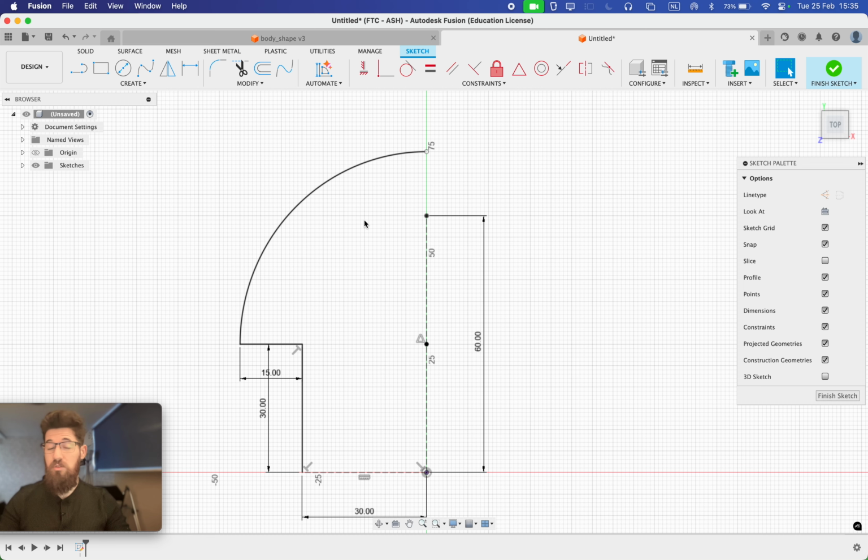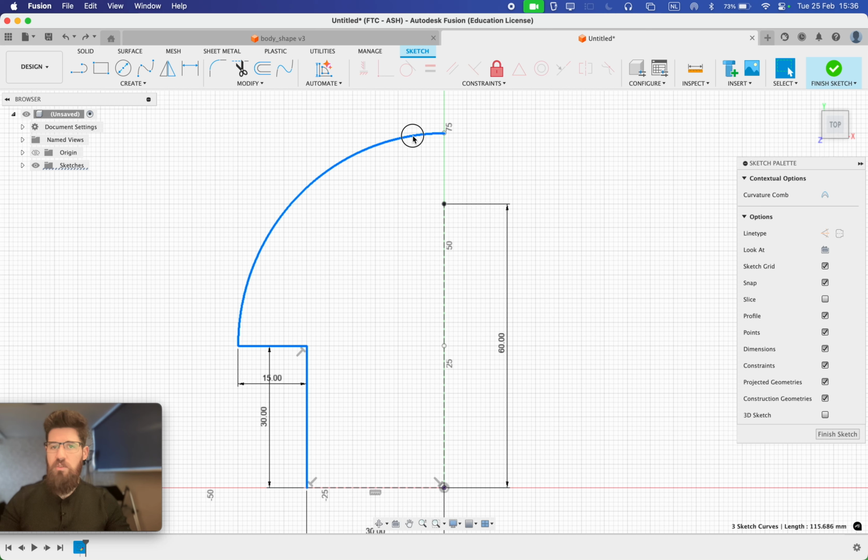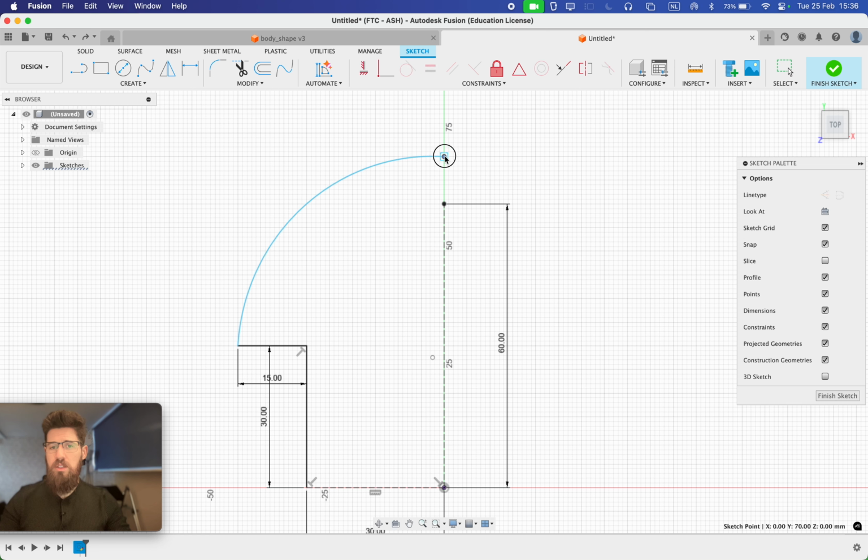So perhaps I don't actually want to use that as a center point. So let's go ahead and delete that constraint. If I select my arc, you can see that I've got my center point starting down here. If I were to drag the corner down, my center point changes itself over. And right now I would like these 2 points to touch, but I like my center point to actually be over here. So I'm going to reduce the length of my curve a bit because I want it to actually be